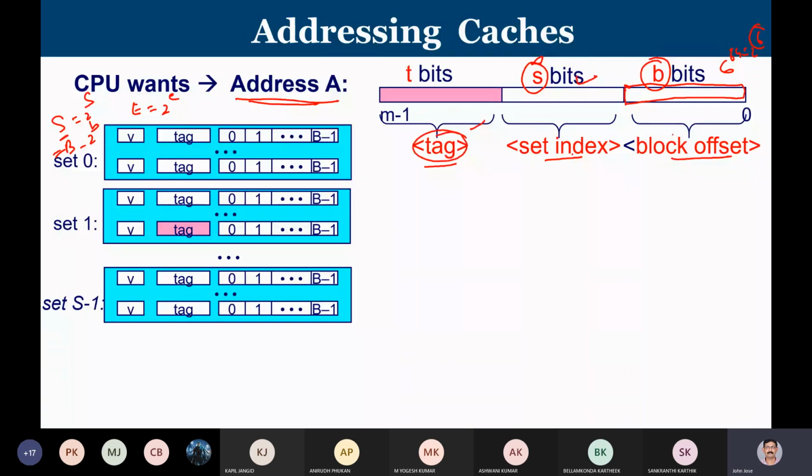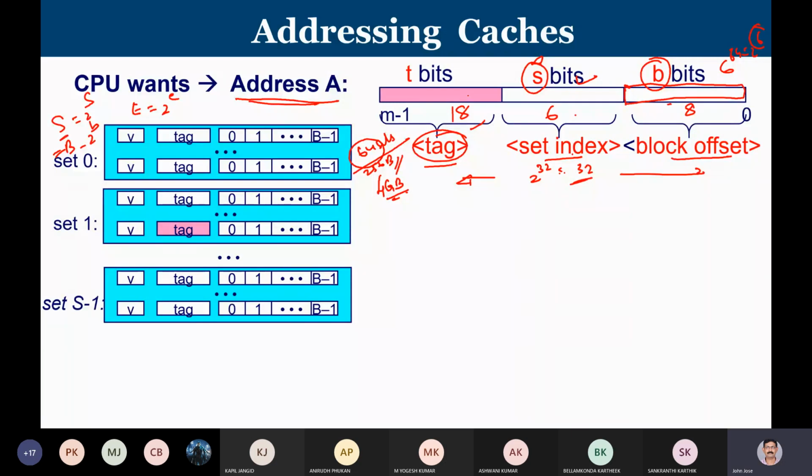How many bits should there be in the physical address in total? If I'm talking about a 4 GB RAM, then I have 2 power 32, so a total of 32 bits will be there in the address. And if I'm going to talk about a cache memory with 64 sets and a 256 byte block size, I will use 8 bits for the offset, because 256 is nothing but 2 power 8. And 64 sets are there, so I use 6 bits for the index. 8 plus 6 is 14. So out of 32, 14 is gone here. Then the remaining 18 will be my tag bits.